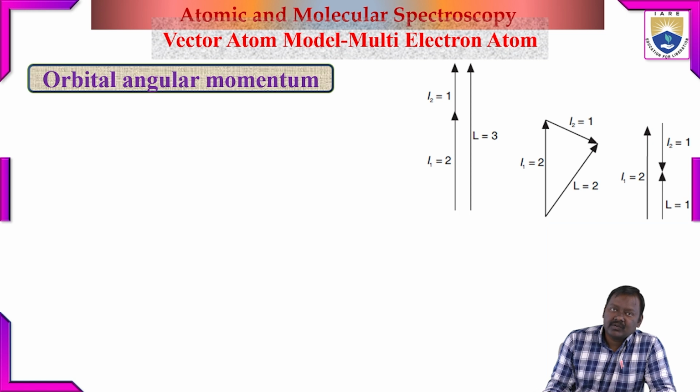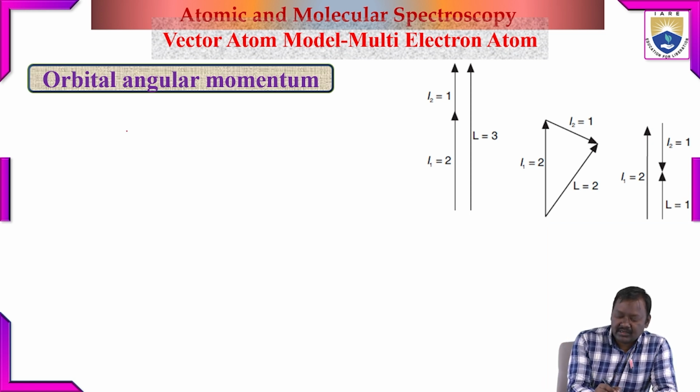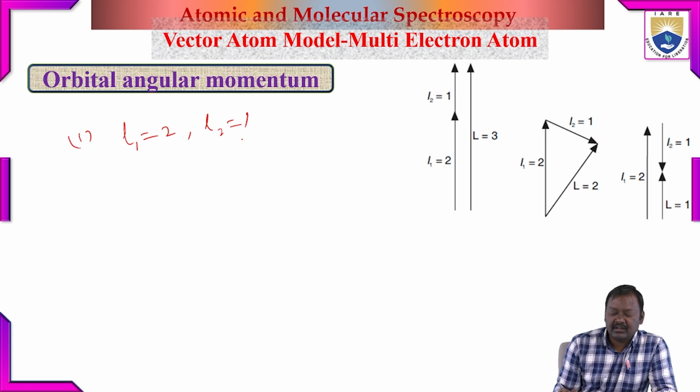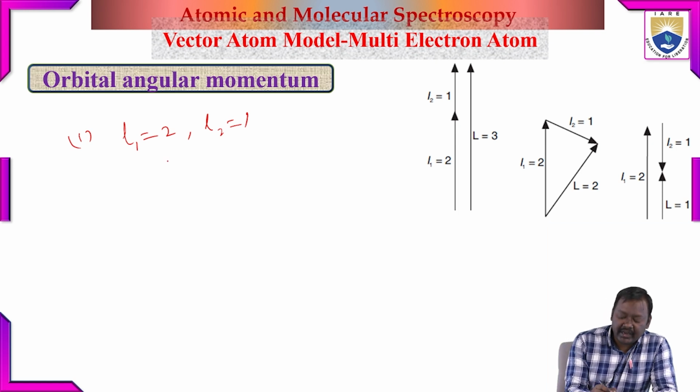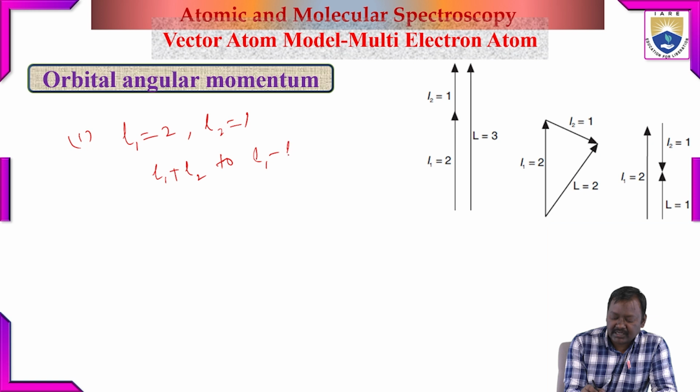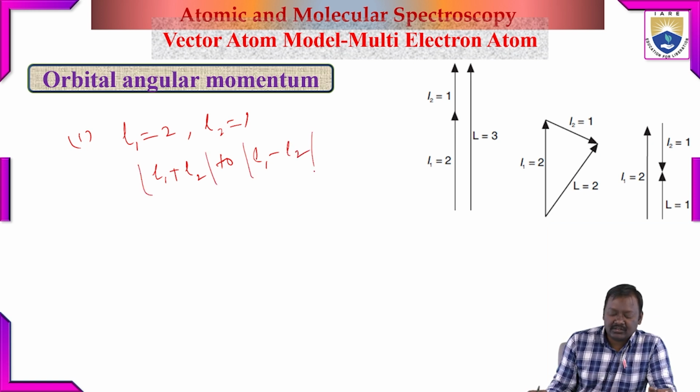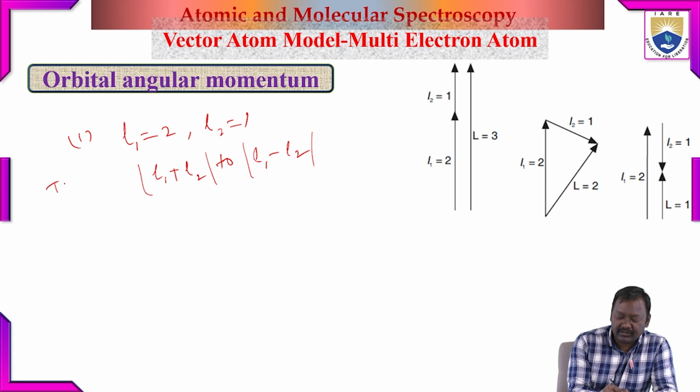So here, we can say the addition will be like this. For example, in this case particularly, L1 equal to 2, L2 equal to 1. You can say that there could be values from L1 plus L2 to L1 minus L2. This could be magnitude. The total values of total orbital